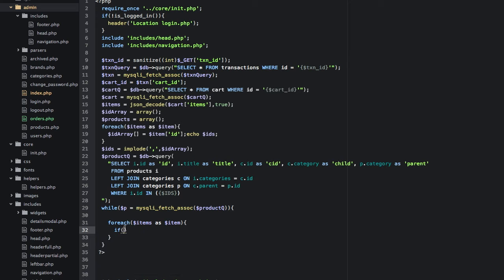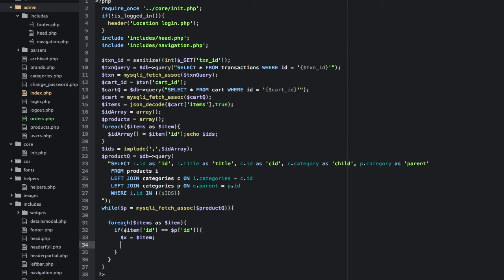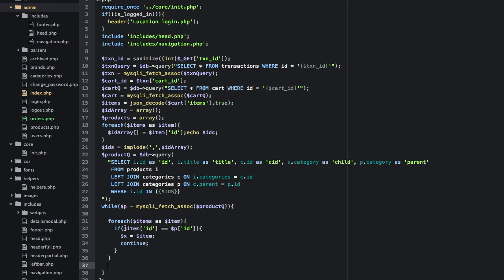We're going to say if item ID is equal to our P ID, so if they're equal, then I'm going to temporarily set up X, and we're going to set X equal to item. Then we could say if that's true, we can just continue out of this foreach loop now. So out of this foreach loop, and then what we're going to do is